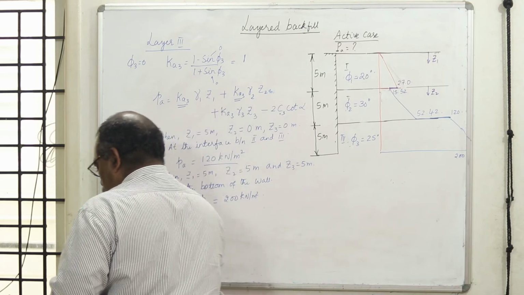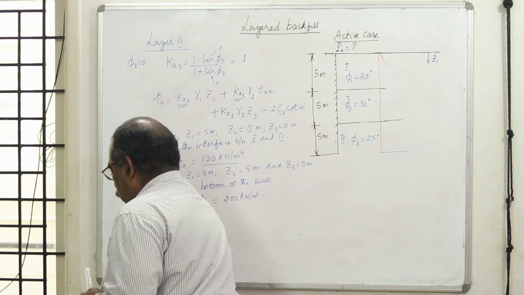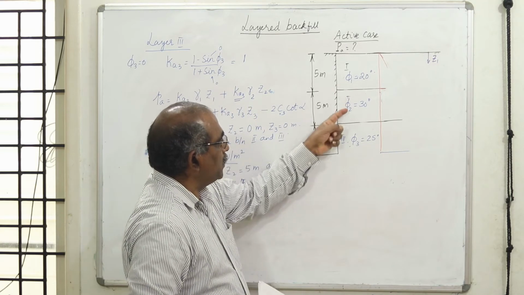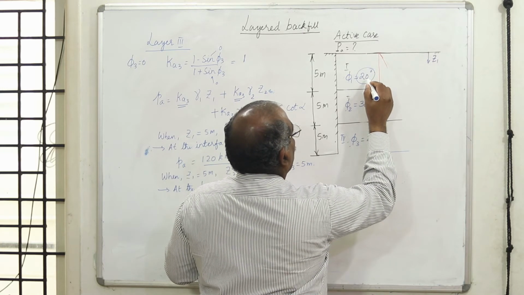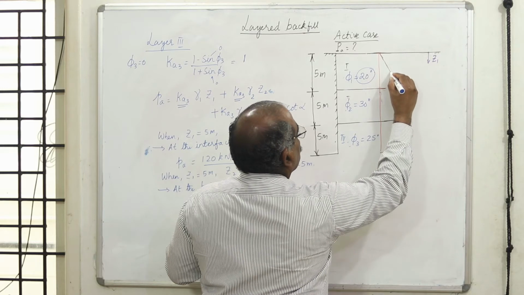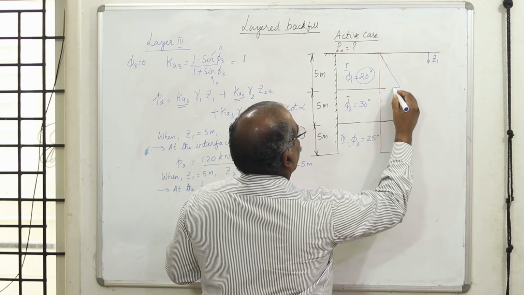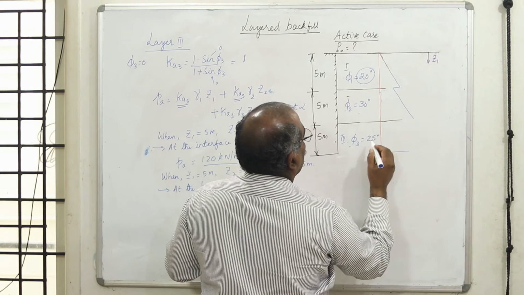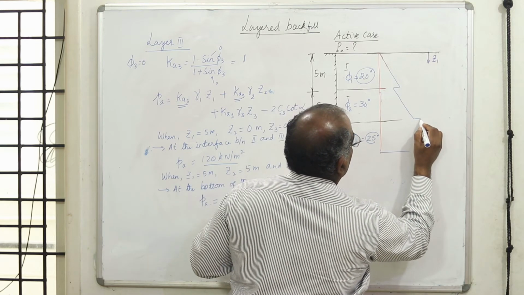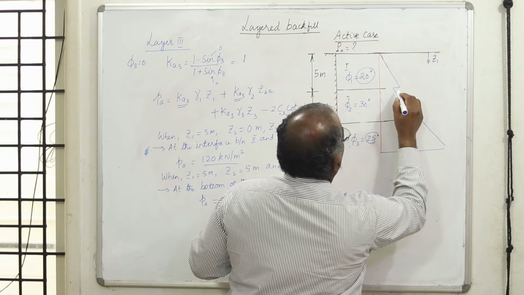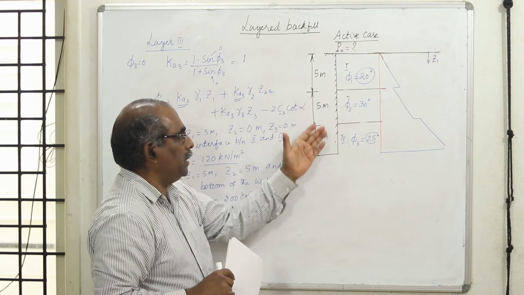Now what happens to the pressure distribution? You don't have cohesion, you have only cohesionless material, but the phi value is changing like this. At this interface, when there is a higher value of phi, the pressure gets reduced, because when phi increases, the pressure gets reduced. Now it will be something like this. Again, compared to phi 2, phi 3 is reducing, therefore there will be an increase in pressure, it will be something like this. This is the pressure distribution for a layered system when you have only cohesionless material.